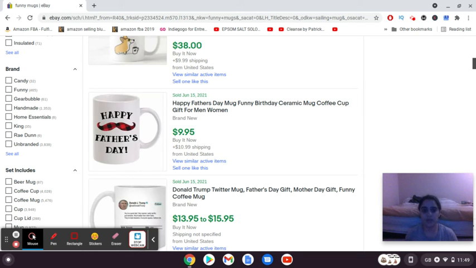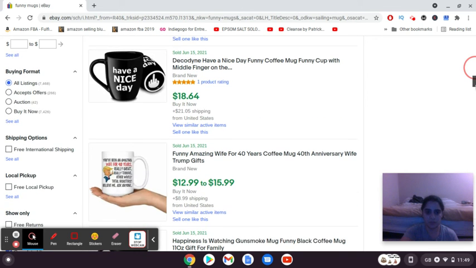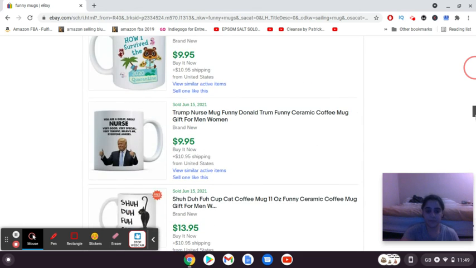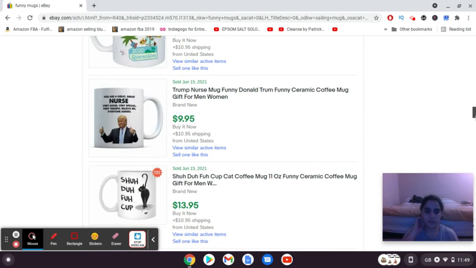Okay, so I think it's pretty awesome, the fact that there's no startup costs. So that's basically how it works. Okay, so that's basically how this business model works. So yeah, I hope that you can take value out of this and start implementing this. Like I said, I find this a very interesting business model.